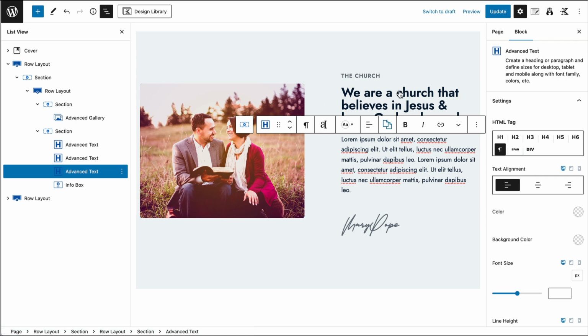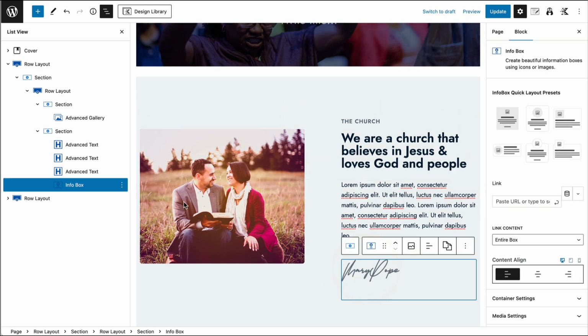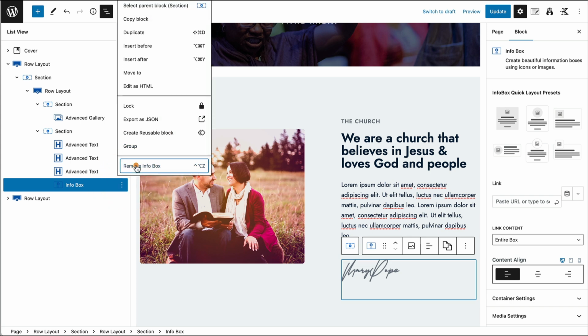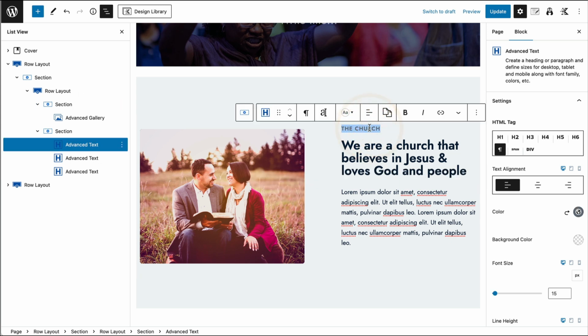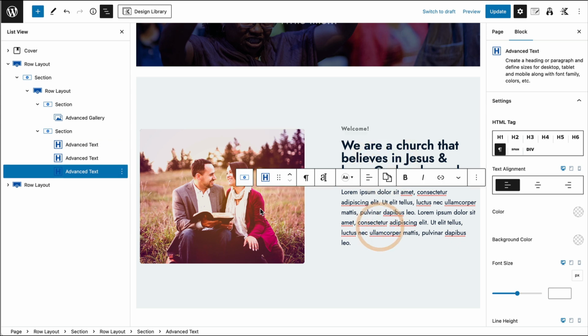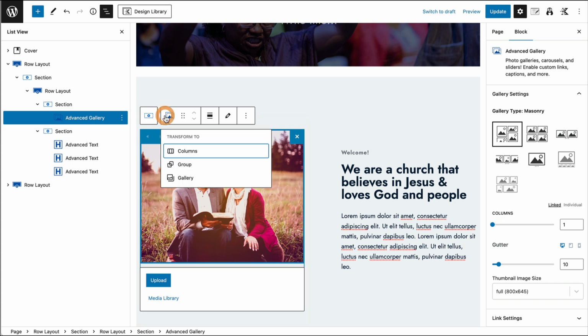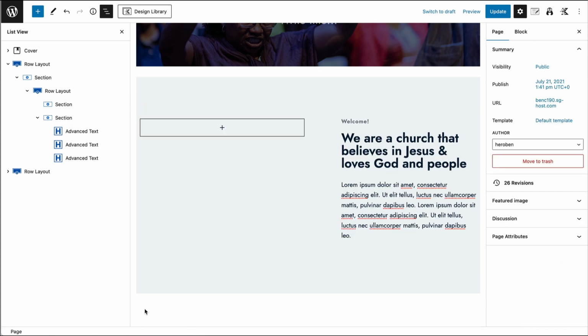So what we're going to use this section for is a small welcome message. You could use this for a pastor welcome message, but for now, let's remove the signature. And then we could just type, that looks good. And let's just switch out this. Right now there's a gallery, but we can just change this to a regular image. We can remove this gallery and